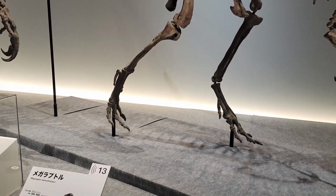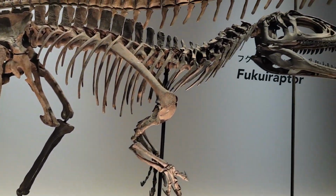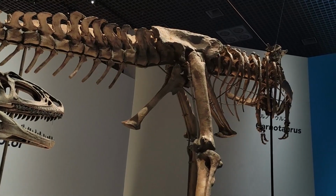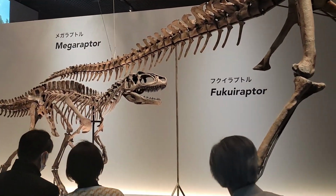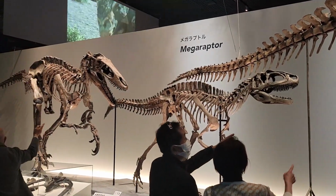Although more fragmentary than Mape, it likely also was a fierce predator in its own way. Next to the Fukuiraptor is a South American Abelisaur, Carnotaurus. It might be a little odd for a Carnotaur to be on display next to a bunch of Megaraptorids, but